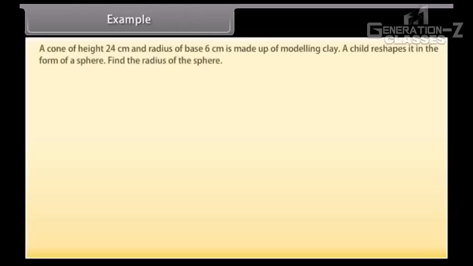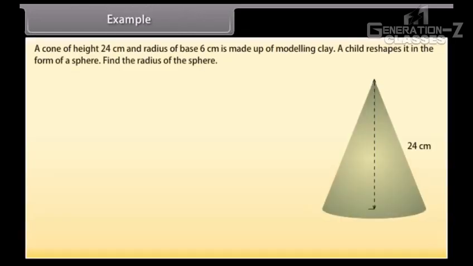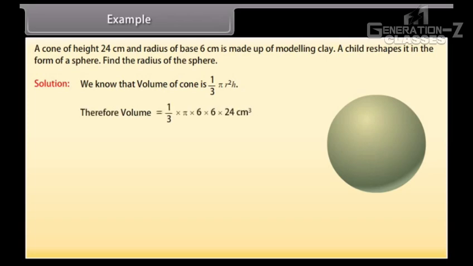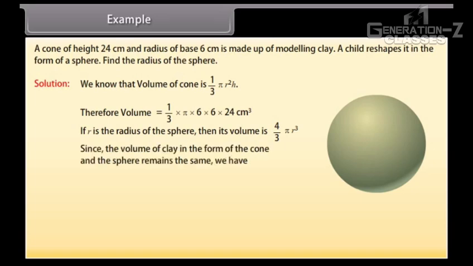Example. A cone of height 24 cm and radius of base 6 cm is made up of modeling clay. A child reshapes it in the form of a sphere. Find the radius of the sphere. Solution. We know that volume of cone is 1 by 3 pi r square H, which is equal to 1 by 3 into pi into 6 into 6 into 24 centimeter cube. If r is the radius of the sphere, then its volume is 4 upon 3 pi r cube. Since the volume of clay in the form of cone and the sphere remains the same, we have,